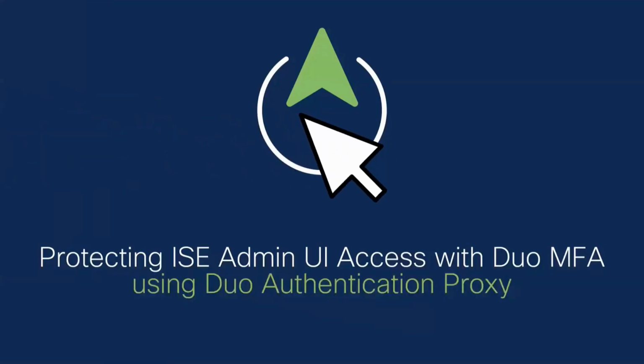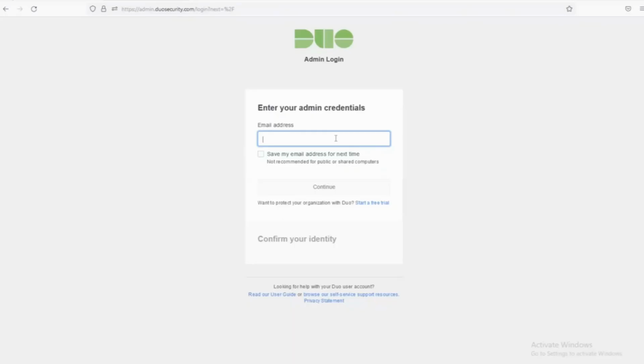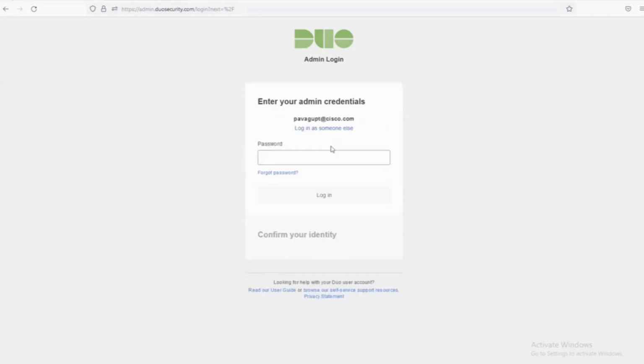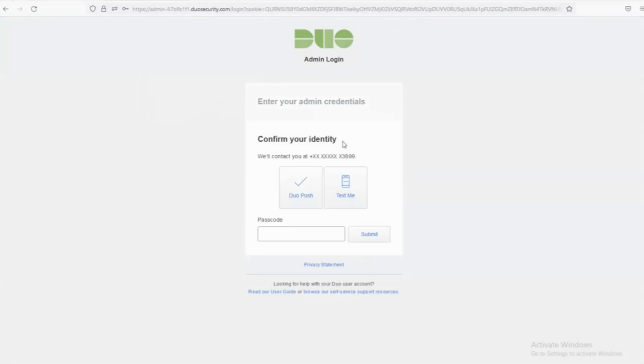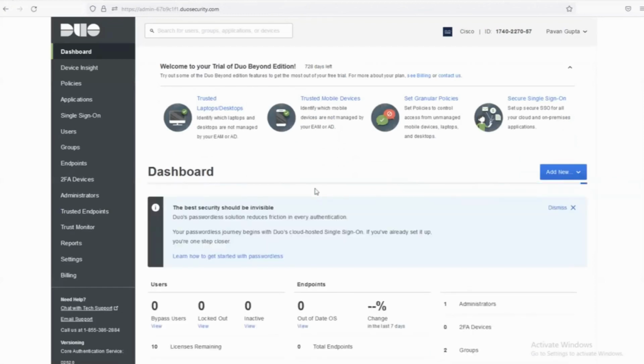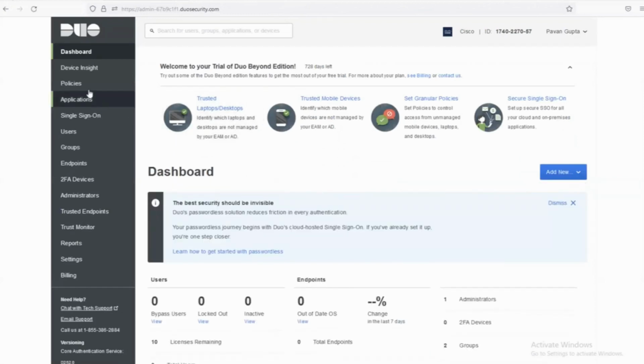Now, how do we want to demonstrate this? Let's go ahead and demo this. Now, I'm logging into the Duo admin panel. We will see, first of all, what configuration is required on the Duo side. I logged into the Duo admin panel, and if you go to the users in